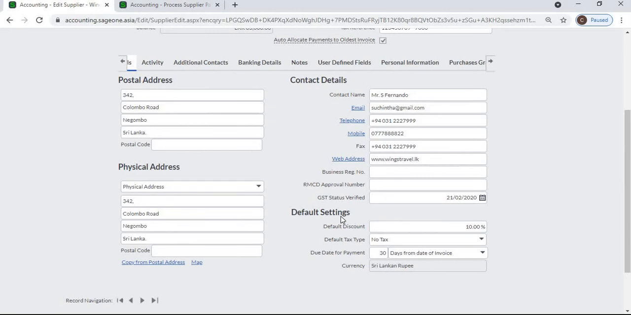Default settings. Sage Business Cloud Accounting allows you to allocate a default discount to the supplier master file. You can enter the discount percentage in the default discount field, and this will pull through to the processing documents. Example,